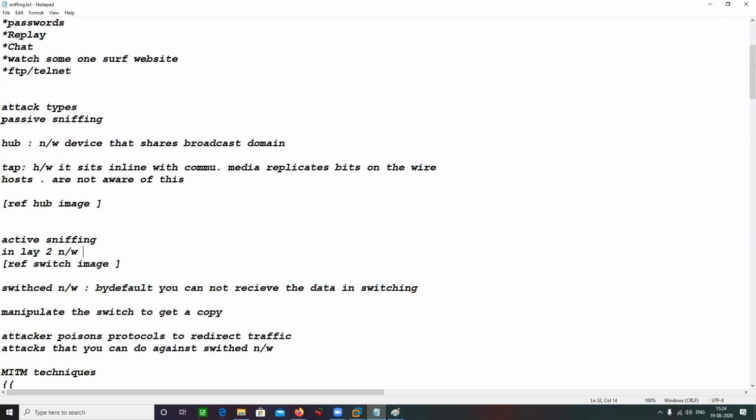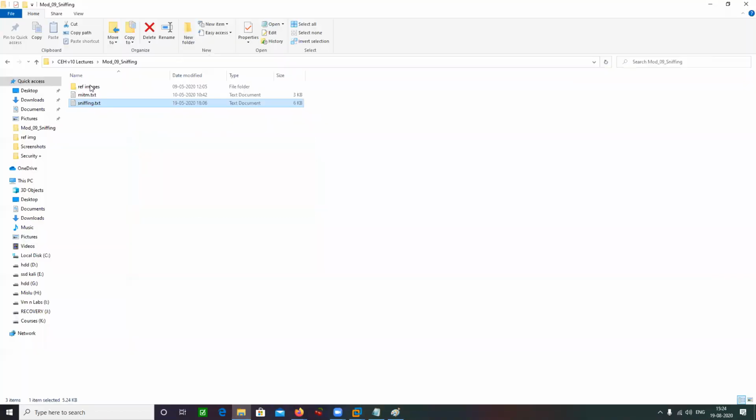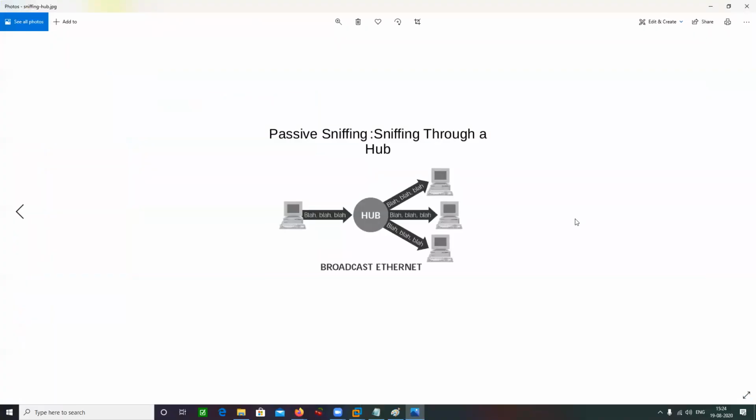What happens in case of passive sniffing is, let's say you are connected to a hub-based network. What are the properties of a hub? Hub is going to broadcast everything. That's how hub works.